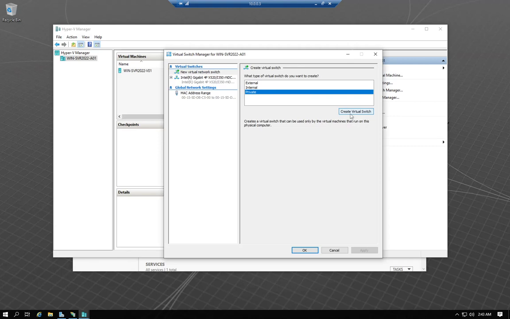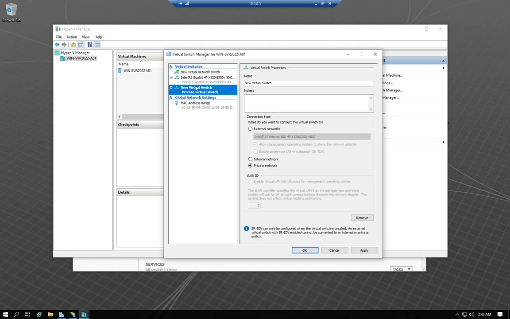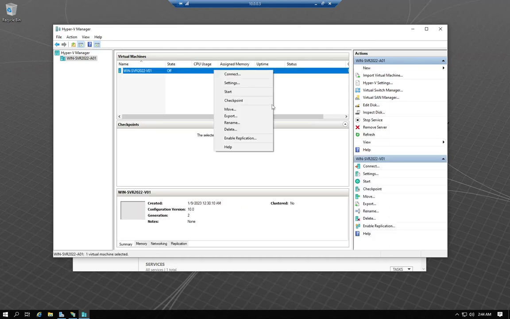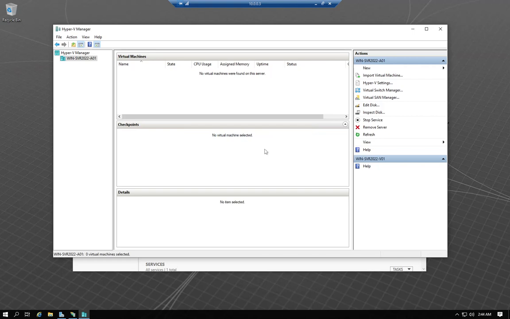And then go ahead and create another virtual switch for private as well. This can be whatever you want. So just private NIC, and then hit apply and then save that. I'm going to go ahead and delete this one. Delete. And if you create a new virtual machine,